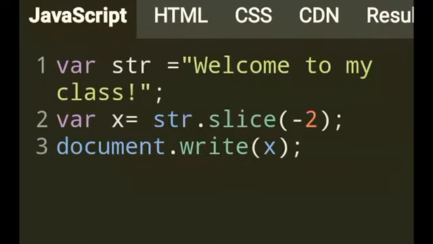So if you want to extract the complete string, then you just use one parameter, which is the start index position. It need not be 0. In this case, if you want the complete one, of course it's 0. But if you want from the middle position, you can also do that. For example, if you just do 2, then it will start from 2 until the very end. 0, 1, 2. 2 is L. So L come to my class.